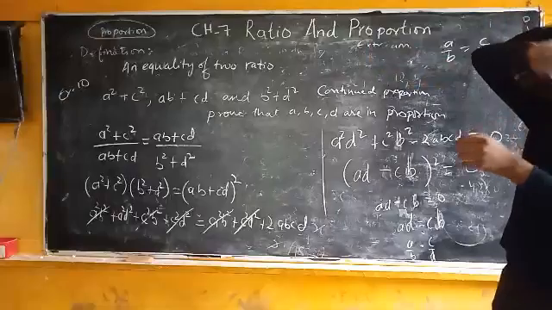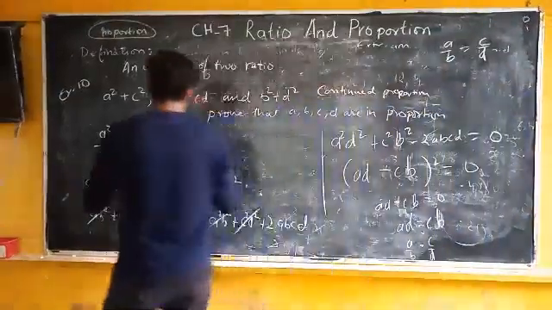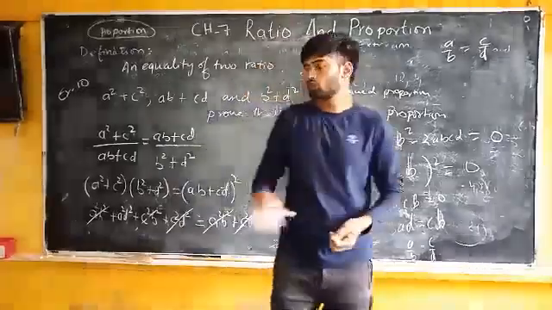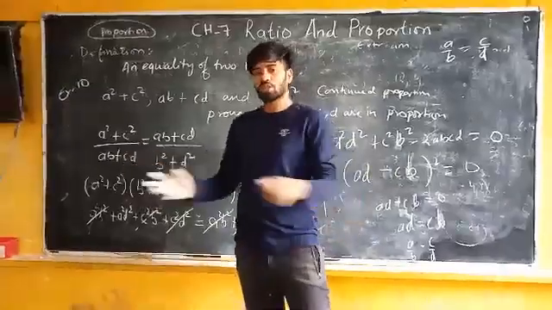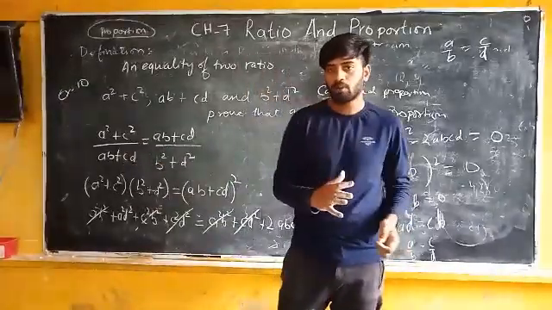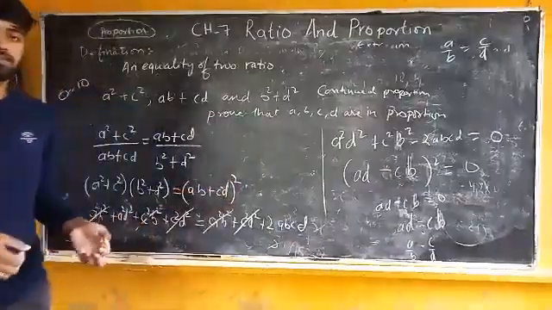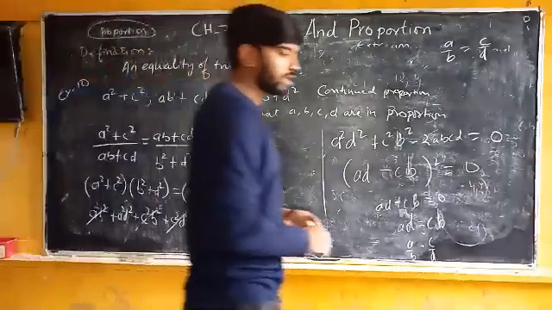So that's how we prove when continued proportions are given, and we have to prove that they are in simple proportion. So that's how we prove. We just write them in continued proportion, shift things here and there, multiply in a proper way. You'll be able to understand that you're going in the right direction after you get your answer. Okay? So that's how you will be doing this question.